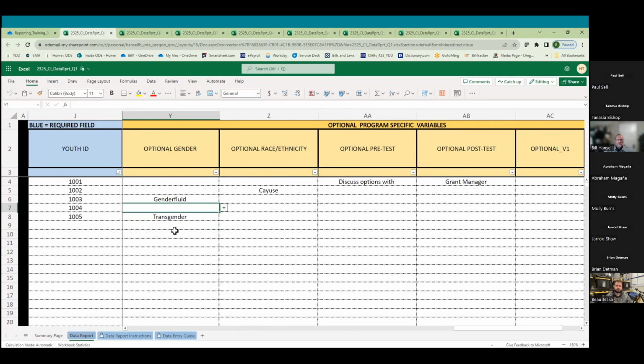Because it's an optional column, you may also override the drop-down menu here. So you can literally enter anything that's appropriate and makes sense in the optional gender column. In much the same way, the optional race ethnicity column can be used to more fully complement. For example, here, if we backtrack, this youth would have indicated their Native American and then further perhaps a